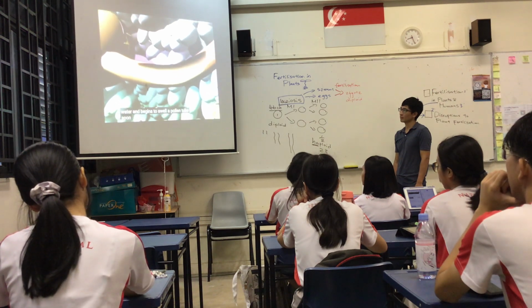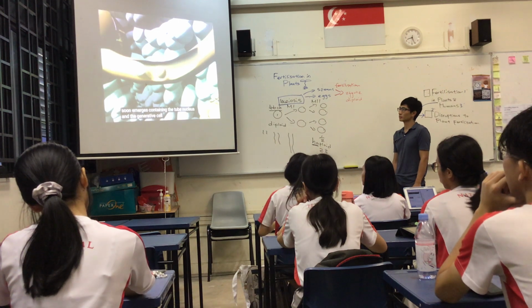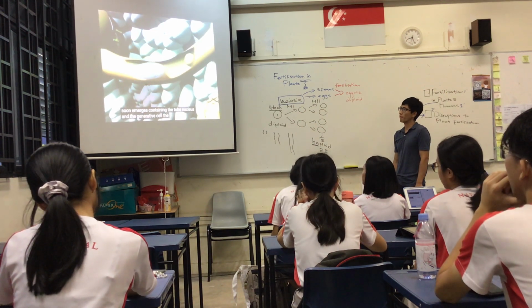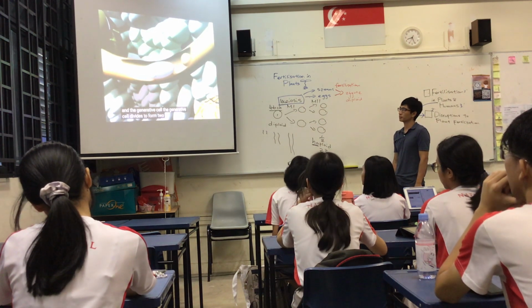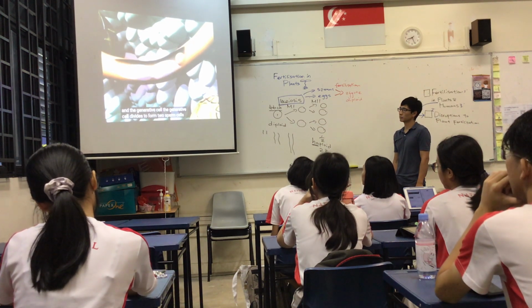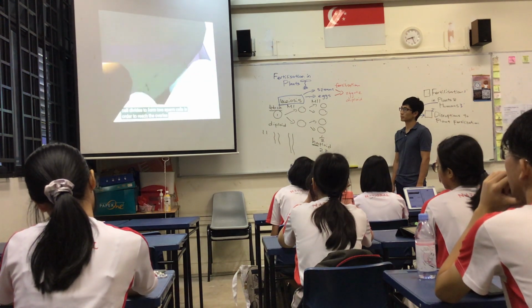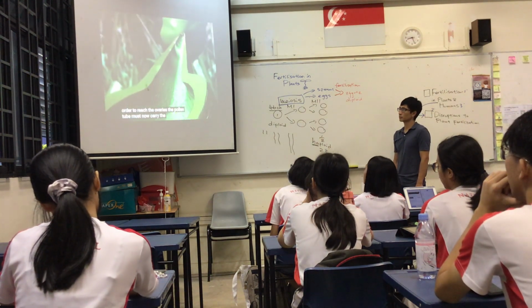A pollen tube soon emerges containing the tube nucleus and the generative cell. The generative cell divides to form two sperm cells. In order to reach the ovaries, the pollen tube must now carry the sperm down the full